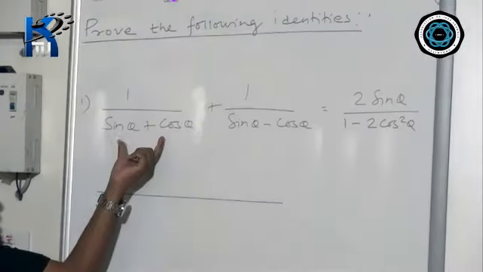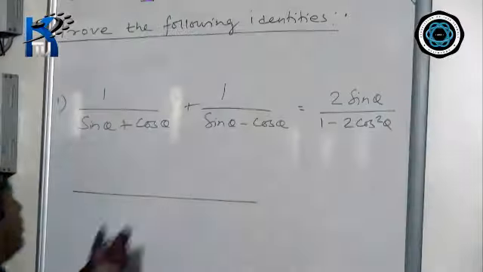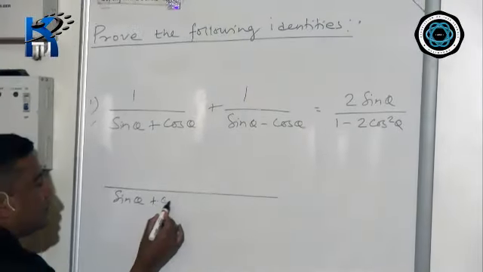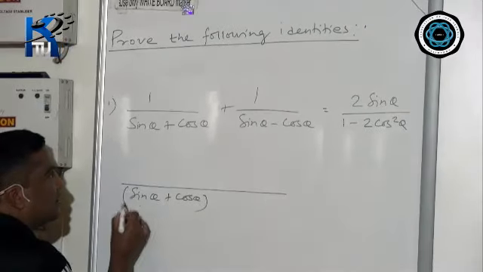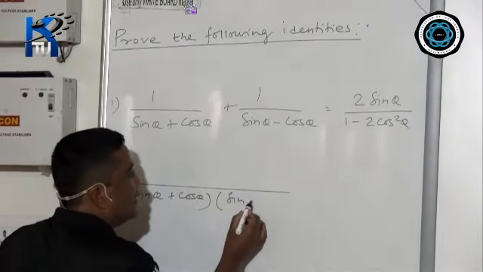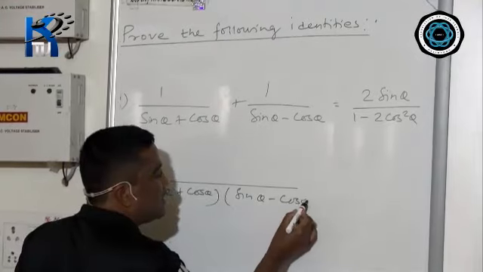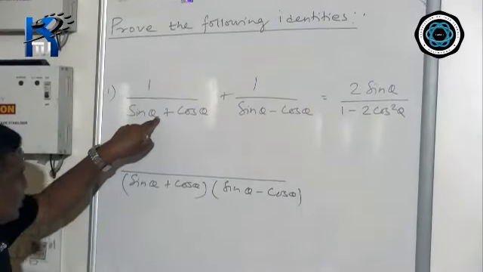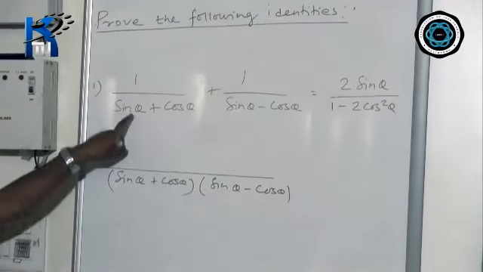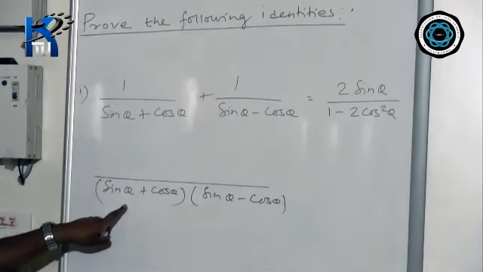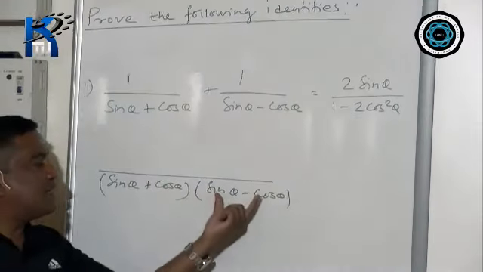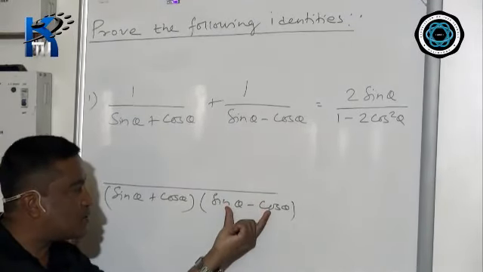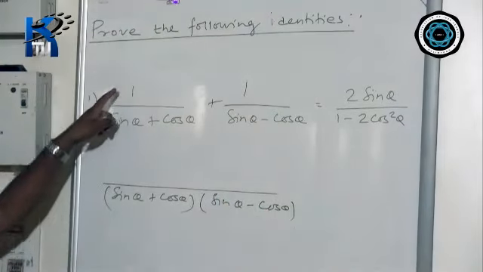LCM means denominator everything. So what is the denominator out here? Denominator is (sin theta plus cos theta) (sin theta minus cos theta). After that, this denominator and from the LCM, these two values will get cancelled. Now, what is left? Sin theta minus cos theta. Now this sin theta minus cos theta you multiply with 1.